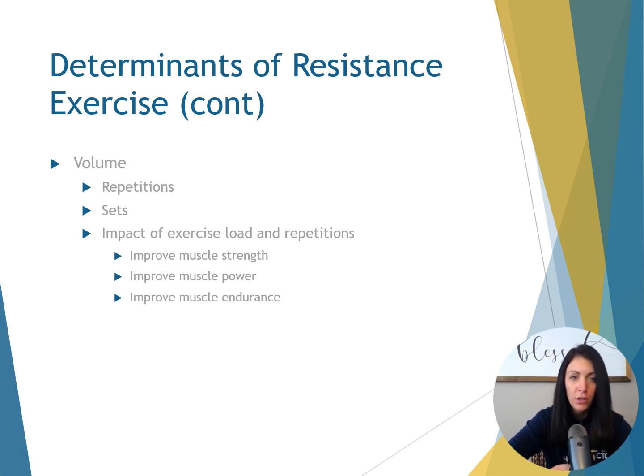Next we're looking at volume. In resistance training, volume of exercise looks at the total number of repetitions and sets of a particular exercise during a single exercise session, multiplied by the intensity of the exercise. This combination of repetitions and sets is not, and should not be, used for all muscle groups. The higher the intensity or external resistance, the lower the number of repetitions and sets possible. The lower the external resistance, the greater the number of repetitions and sets possible. Therefore, the external resistance will directly dictate how many repetitions and sets are possible.